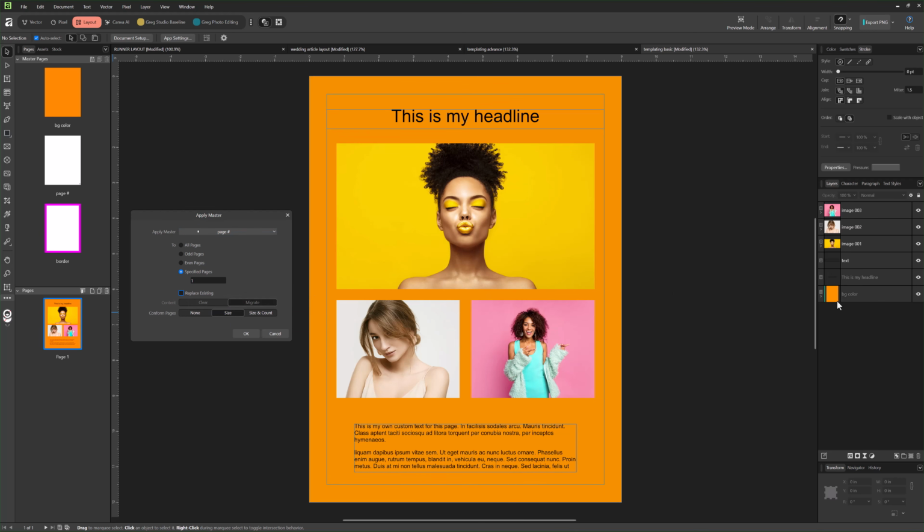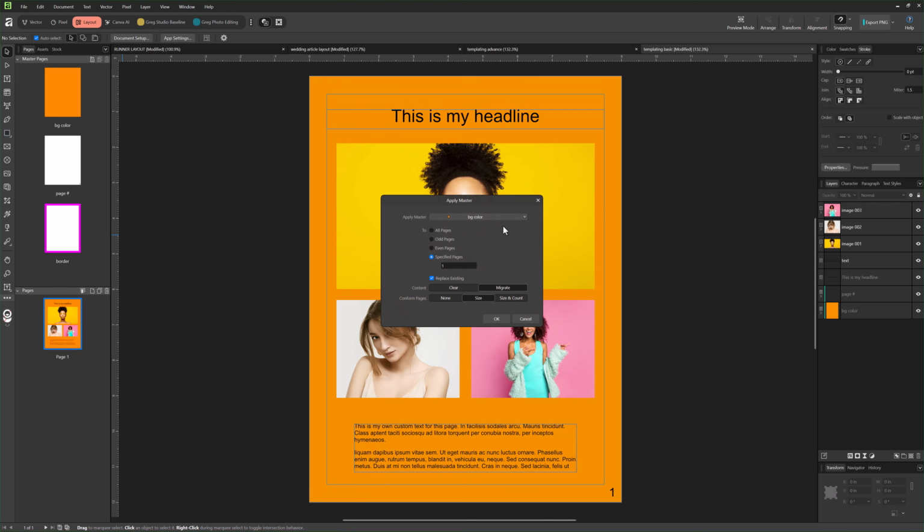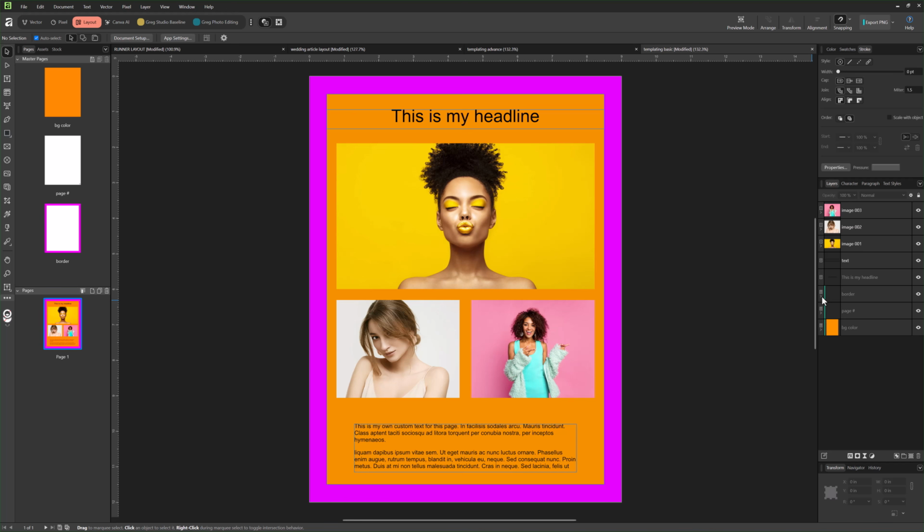Now as I come over here, we can see that background color is the very bottom of the layer stack, and then when I apply this page number, we'll see that it stacks on top. So the order I add these matters, because if I did that, and then I was going to put this border on next, so if I right click again, do Apply Master Pages, and then choose the border here, and again, I'm not going to replace existing, go ahead and click OK. Now we'll see that the border gets applied on top of the master pages,